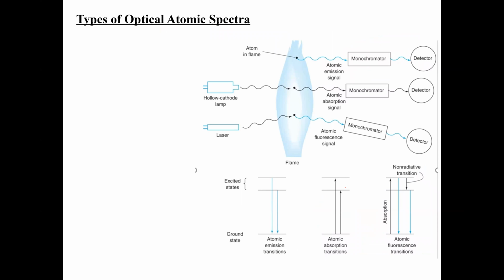Here's the typical instrument setup. This is the scheme. If it's atomic absorption, similar to what we learned in molecular absorption, you can see the radiation source is a hollow cathode lamp, HCL. The light goes through your individual atom area, then the light intensity will decrease because of absorption. As a result, you measure the change. You use Beer's law to detect how much change. You also have this formula